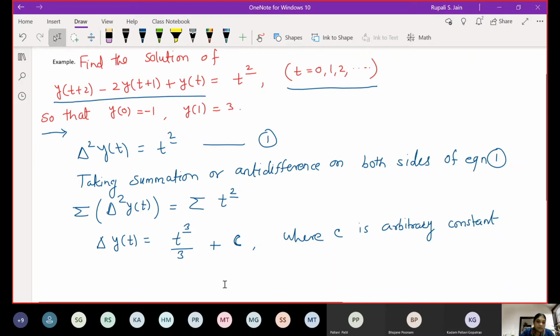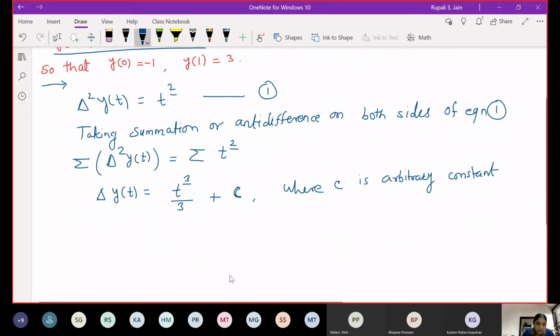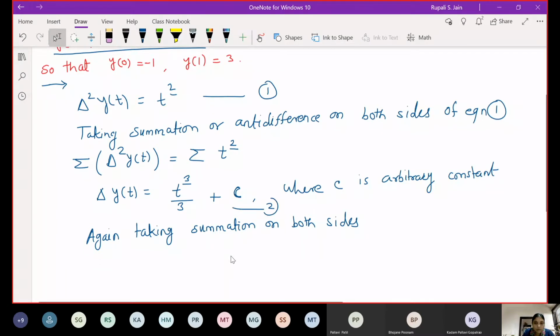So this step is understood. Delta y t will be t to the 3 falling divided by 3 plus some constant C. Now again I want to remove this delta, so again I have to take summation on both sides of the above equation, or we can say of equation 2. What do we get? Y of t is equal to